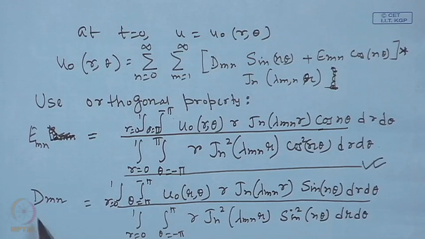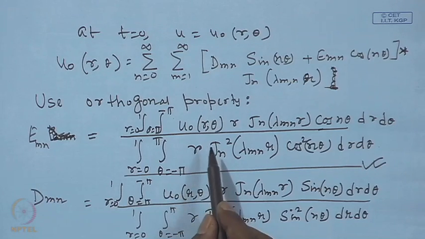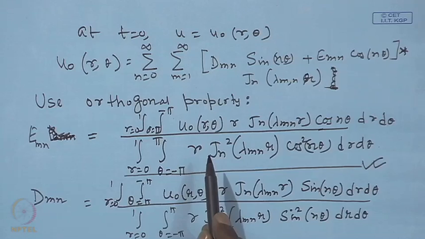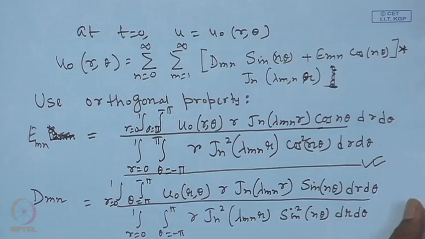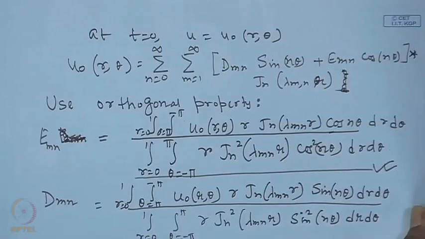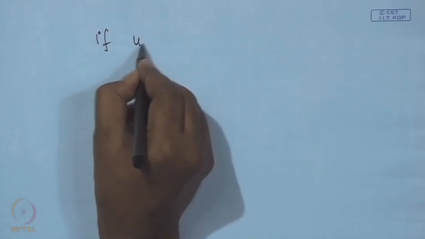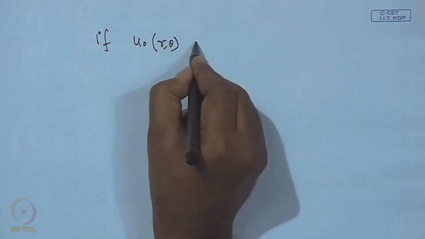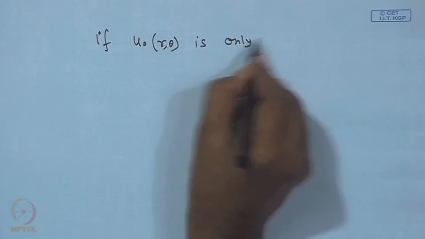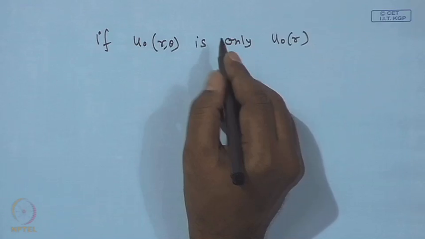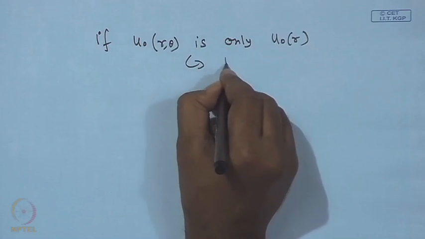So that is the expression of d_mn and E_mn one can get. Knowing the prescribed function u_0 r theta, you can evaluate this integral analytically, or one can take recourse to numerical techniques, using the trapezoidal rule or Simpson's 1/3 rule. Now, we can do a slight simplification. If u_0 r theta is only u_0 r, that is, it is independent of theta,